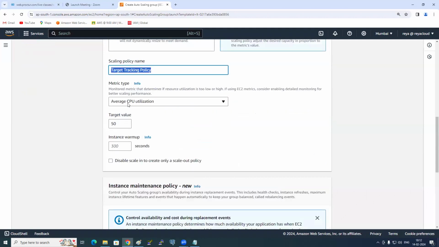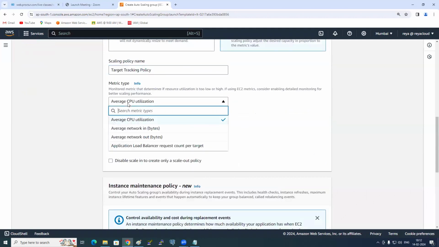And what do we need to select here? Average CPU. You can go with average CPU utilization, or go with the network, or go with the count: Application Load Balancer request count per target. So you can go with either, but 99% of people will go with the average CPU. So how much average CPU do you want to keep for your group? Based on your requirement, 50, 60, 70, but I'm just putting